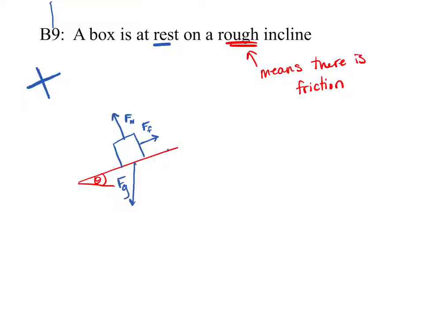But the thing is, I can break Fg up into the perpendicular and parallel components, right? I can draw the vector diagram where Fg is the resultant vector, and it'll look something like that, because Fg is pulling it downwards perpendicular to the surface and down the incline parallel to the incline. Okay? So in the future, we're going to call this FGY and FGX. Reason being is because I'm going to make this into my new x-axis and this into my new y-axis. Okay? We are going to get into that more when we do friction on an incline.